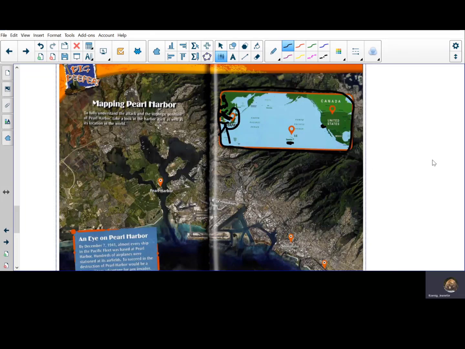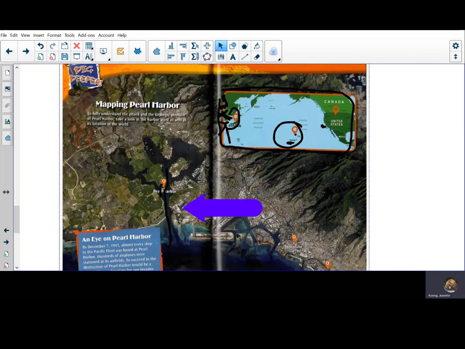Now the larger map shows a close-up view of Pearl Harbor, so we're zooming in on this area over here. I don't want to spend too much time on this, but history is a part of the social studies section of the GED, so we're actually killing two birds with one stone. Imagine taking your battleship through this channel from the ocean into the harbor. Notice how this harbor is really sheltered. It's almost completely surrounded by land. It would be a great place to park your ships to keep them safe from storms, right?